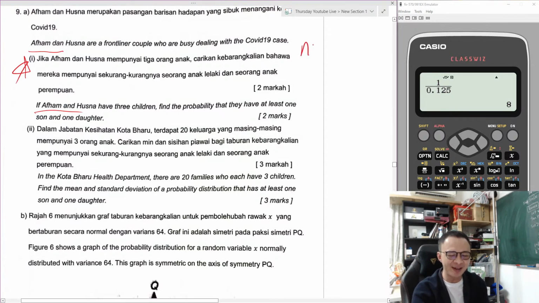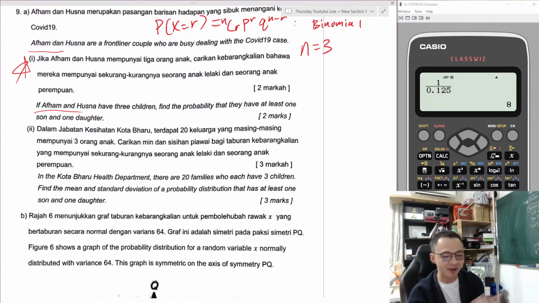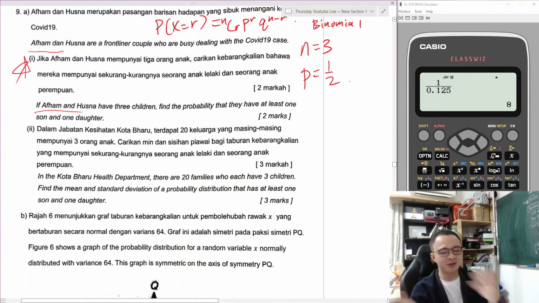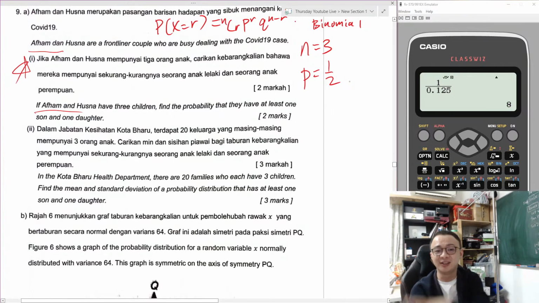Okay, so right now I assume n equals to 3, and I guess this is a binomial. Whenever it's binomial, I will just use the binomial formula nCr p^r q^(n-r). But right now, I want to guess my p. Since it's about female and male, I mean girl or boy, or son or daughter, the probability I assume is 50%. Of course, if you want to go deeper into the scientific proof, maybe it's not exactly 0.5, but over here we just assume it's 0.5 to get either a boy or a girl.